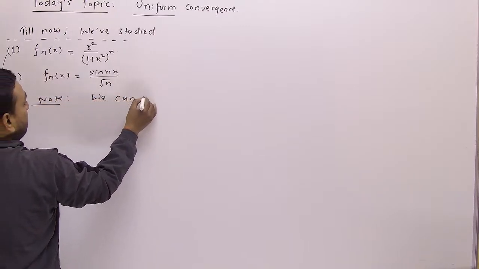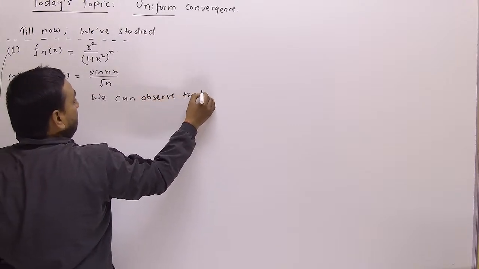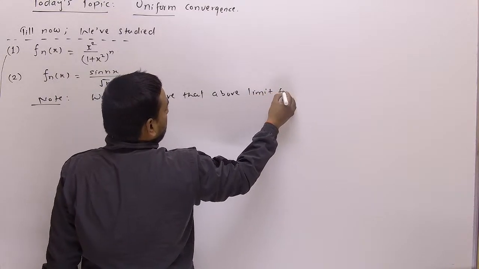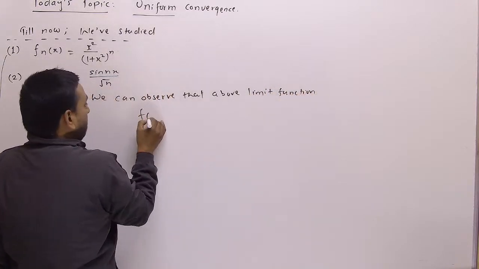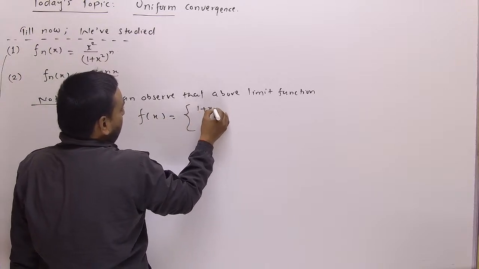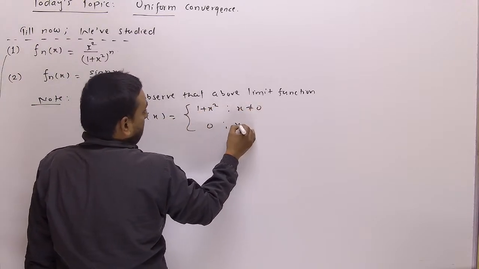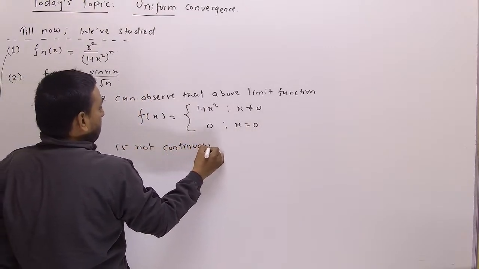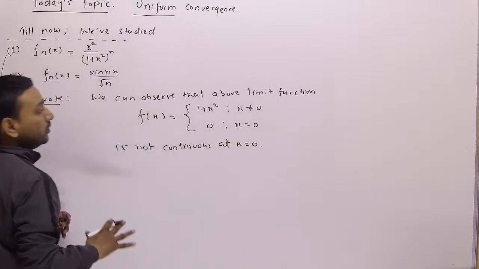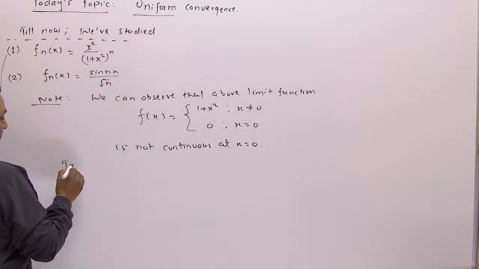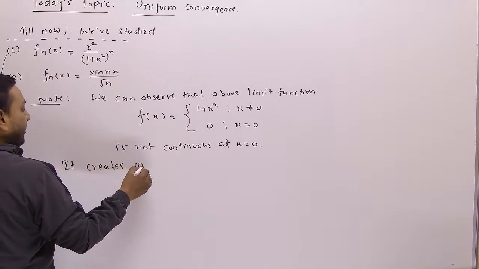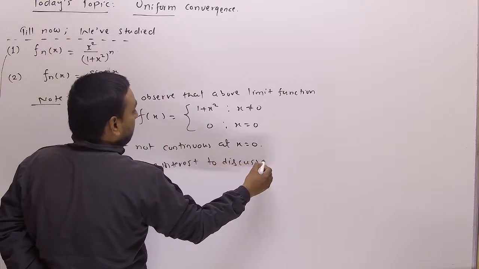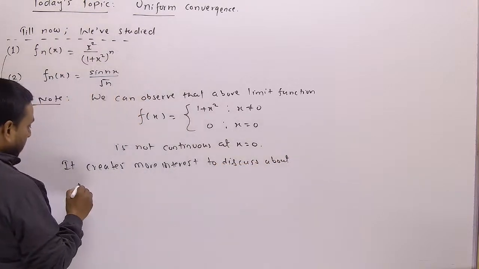We can observe that above limit function f of x equals is not continuous at x equals to 0. It creates more interest to discuss about effect of